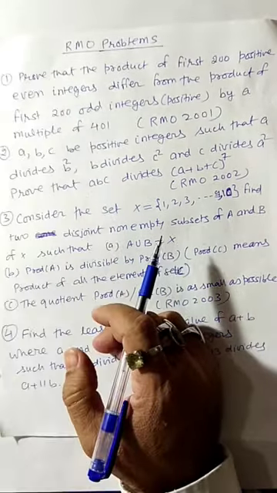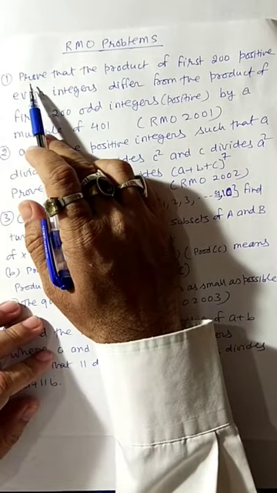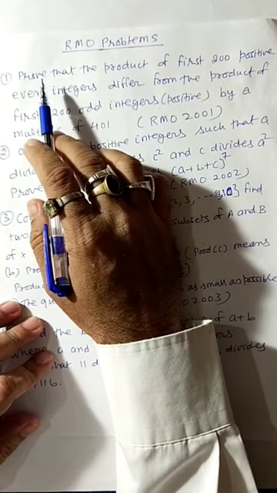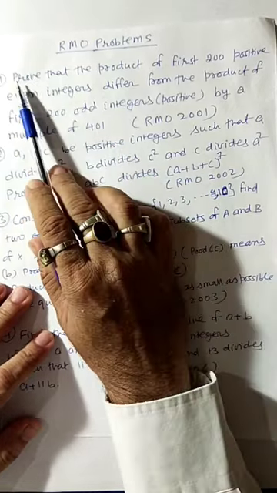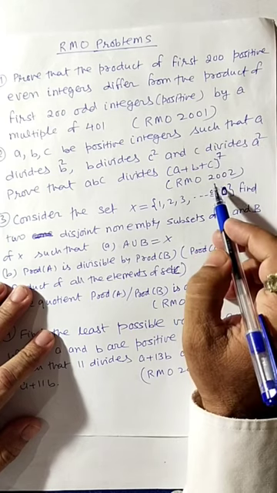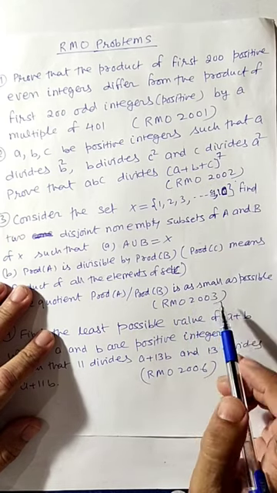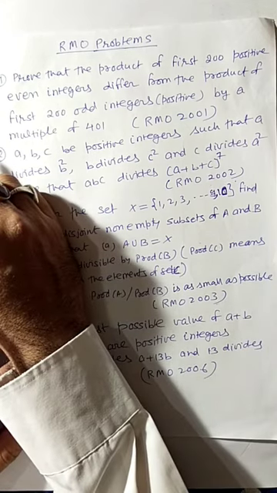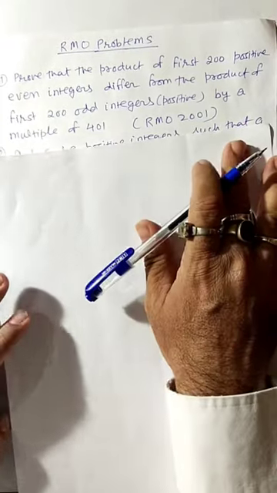In this series, we are going to discuss all the problems which were asked in RMO papers, and their solutions and related concepts. Now see, these are four problems. This is asked in RMO 2001. Second one is for RMO 2002. Similarly, third is RMO 2003 and fourth is RMO 2006. All the problems are from number system. So let's start solving the first problem without wasting any time.